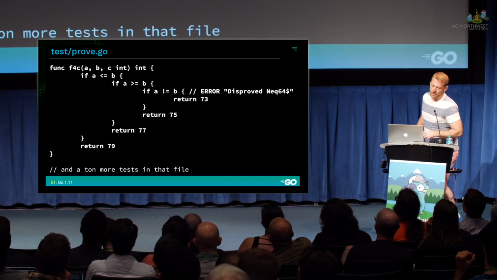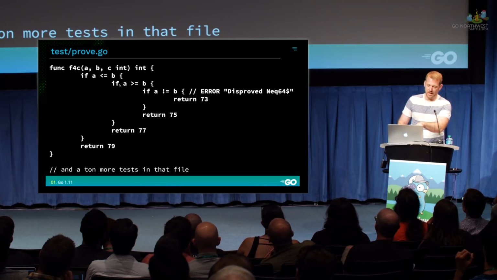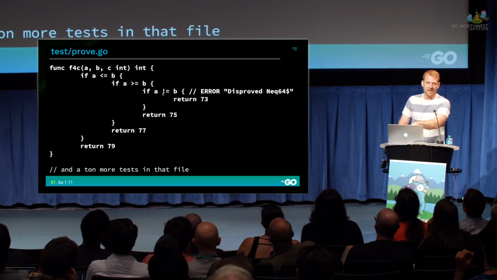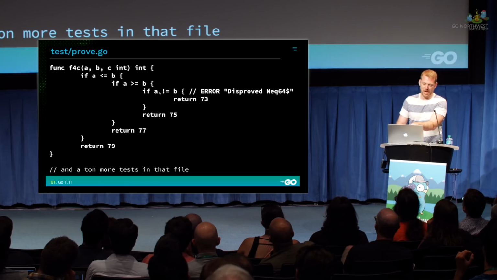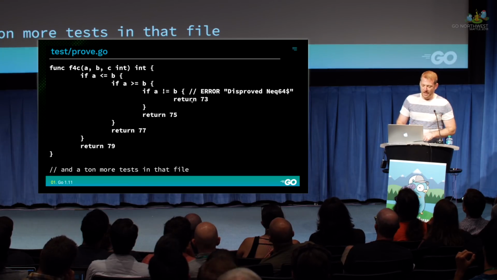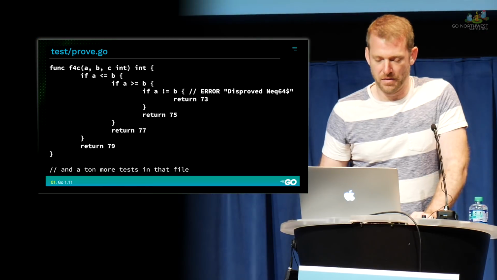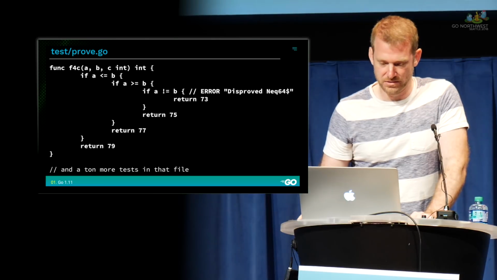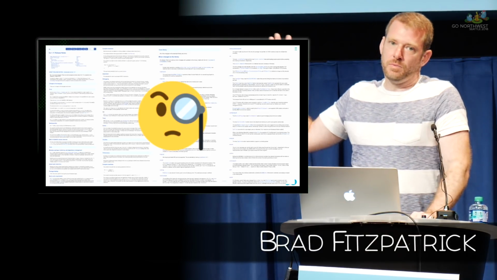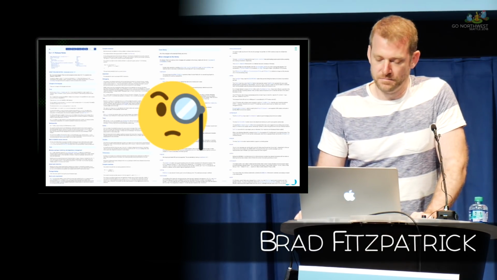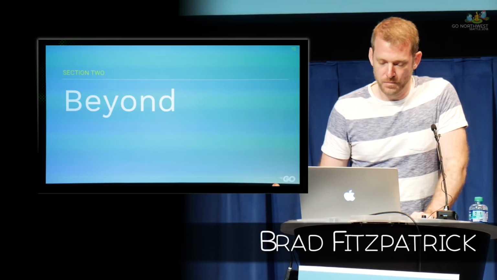And it gets crazier. Like you can say, well, A is less than B, and A is greater than B. Therefore, A must be equal to B, so it can't be not equal to B. And so it can just not compile that part at all. And this looks silly, but these things come up in real life, and there's hundreds of these things in the file. So you can go read the release notes and find whatever your favorite part is that's exciting to you.